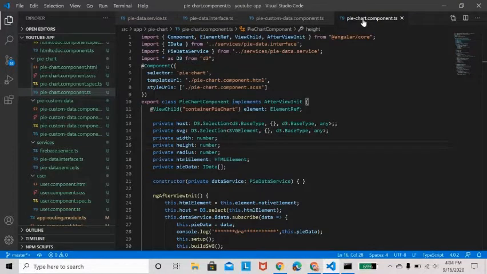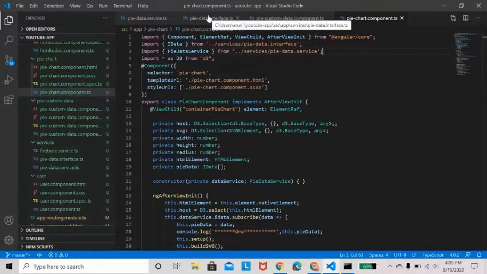In this file, I have done my PyData code logic with the D3 module. For that, I need an interface file and a data service file. I will show you the contents available in those files.